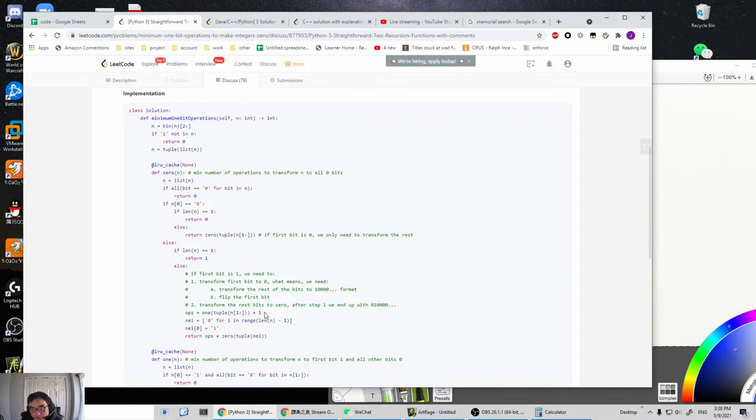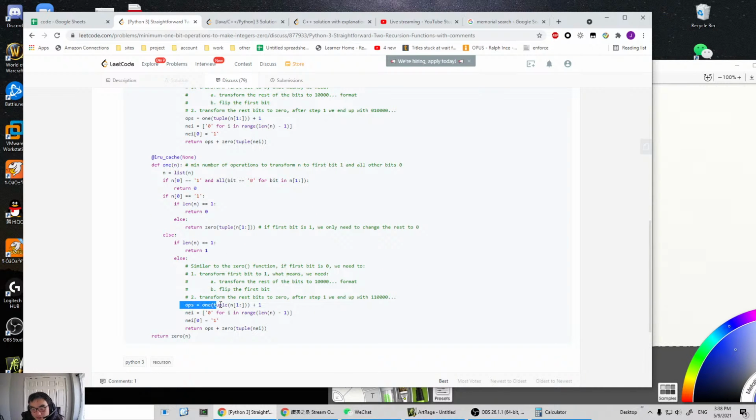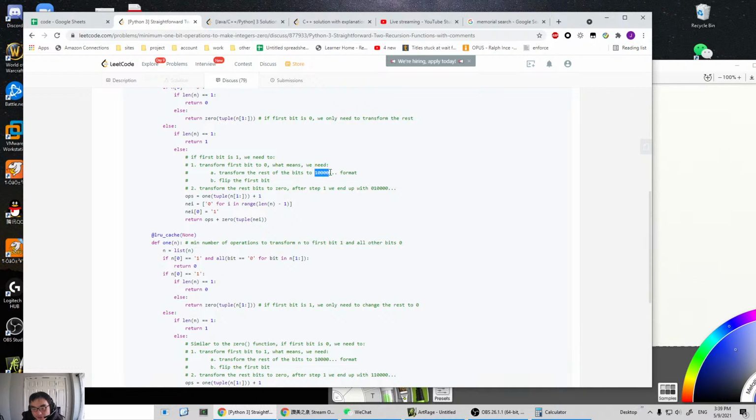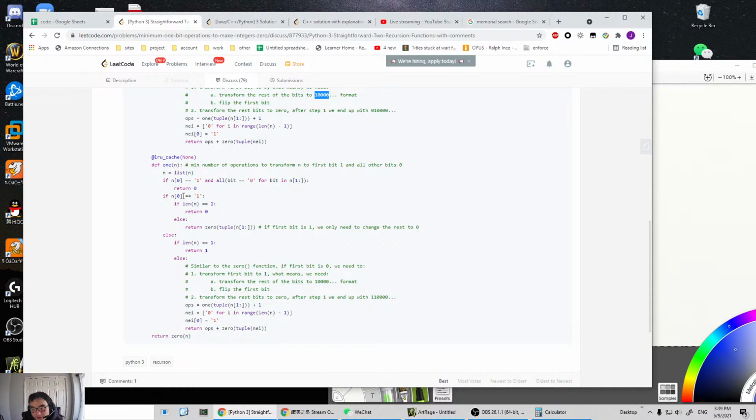And that is how we flip the first bit. After we flip the first bit, we continue with the subproblem, right, by flipping the rest of the bits. And this function is to turn the number into the format of 1000, right? And what it does is that